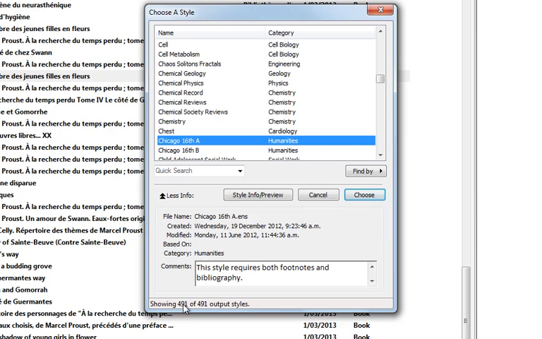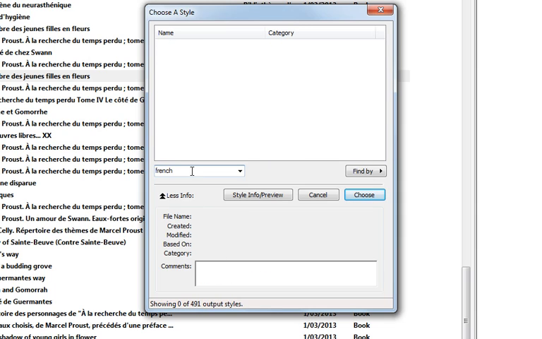There are usually about 500 styles built into EndNote, but there are about 5,000 out on EndNote.com. So for example, perhaps I'm hoping to submit this as an article to a journal called French Studies, but I don't see the style in the list here. So what I'm going to do is go to EndNote.com and download that style so that I can use it